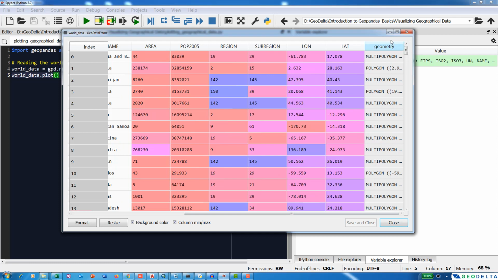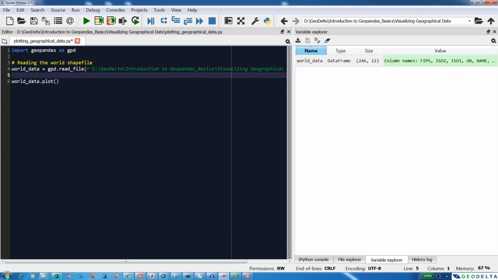We cannot miss this, because if you don't read this one in, it'll lose its geometrical properties. Basically it'll get converted into a pandas data frame instead of being a Geopandas geodata frame. So I'm going to read in these two columns. You can say world data equals world data